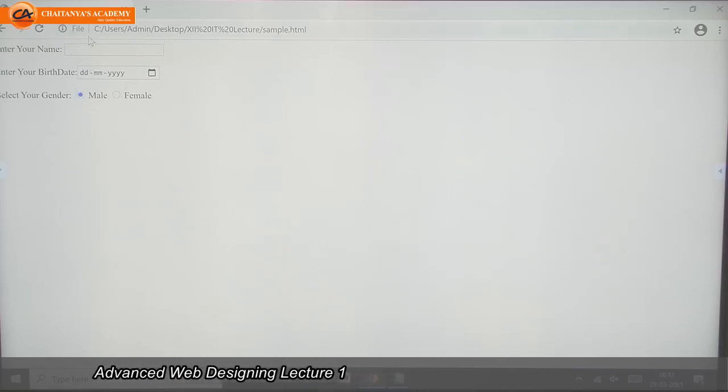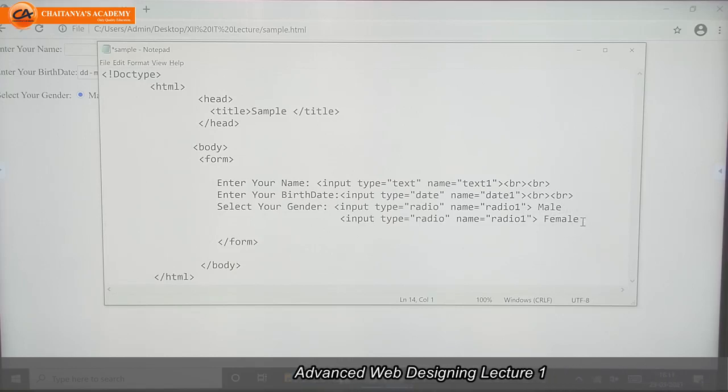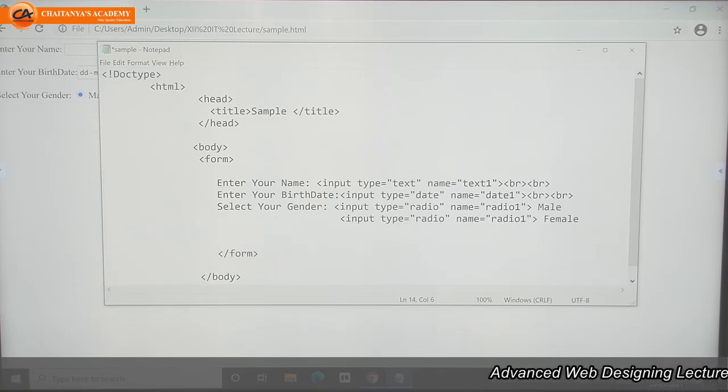Enter your name, they will provide a text box, then enter your birth date, select your gender, then they might ask for our mark sheet, our certificate, something like that. For that purpose, what do they provide? They give us an option.